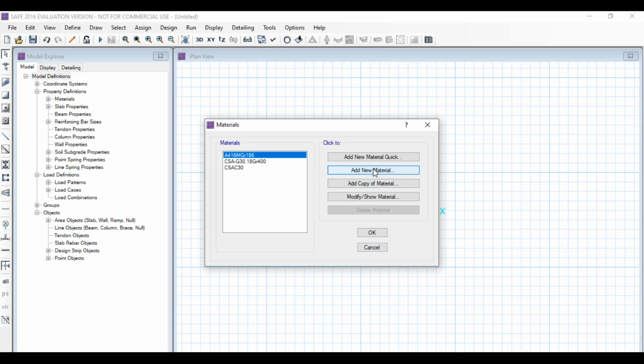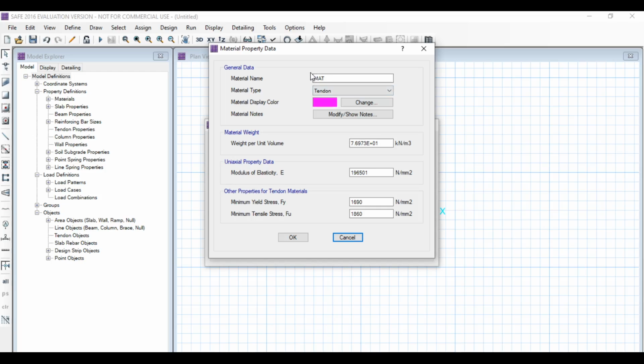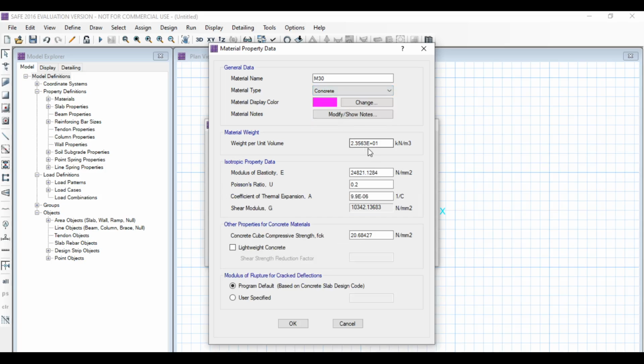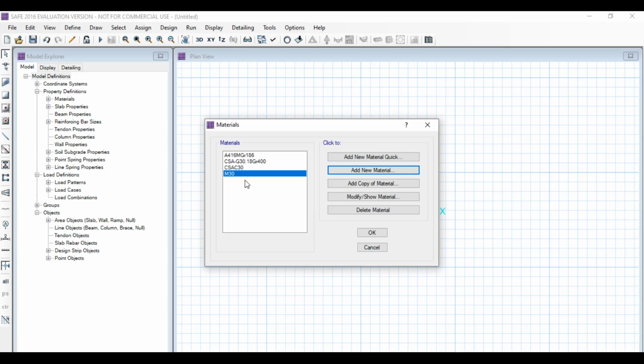So go to Add New Material, change material name to M30, material type as concrete, put weight per unit volume as 25, modulus of elasticity 27386, coefficient of thermal expansion 0.0055, and FCK is equal to M30. Click on OK. Here M30 has been set.